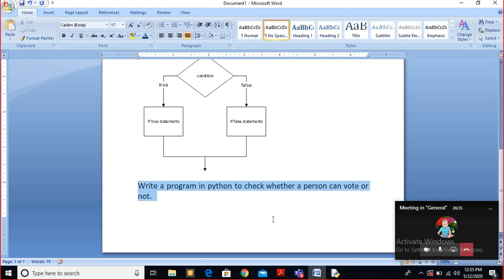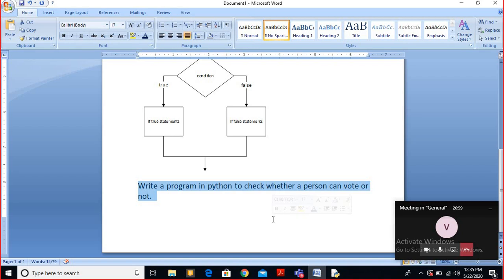Write a program in Python to check whether a person can vote or not. Two, sir. Why two? Sir, I think one. Sir, one. Who said two? Vaibhav. Why? Sir, one to ask what the age is, I will hold it in a variable.